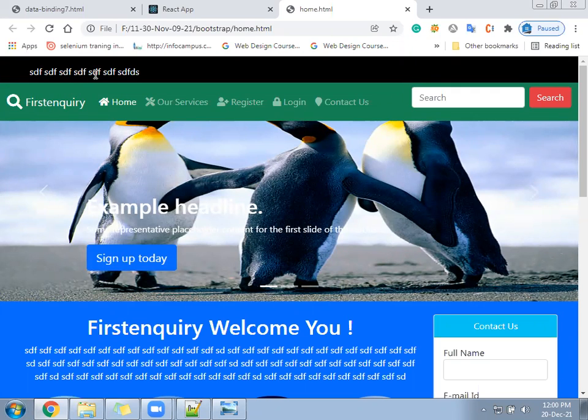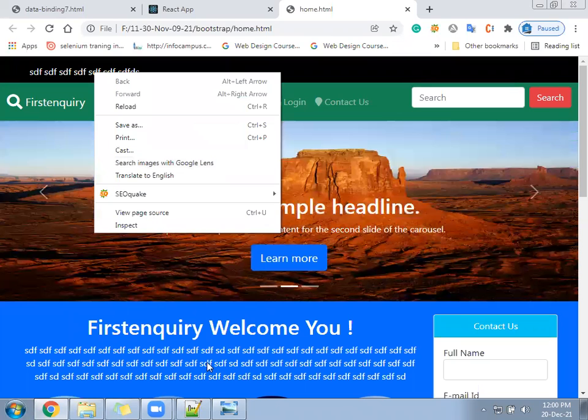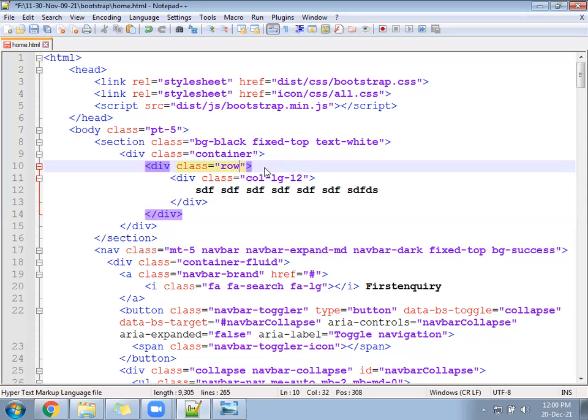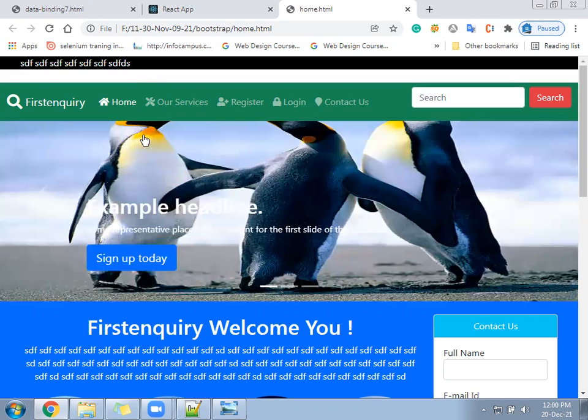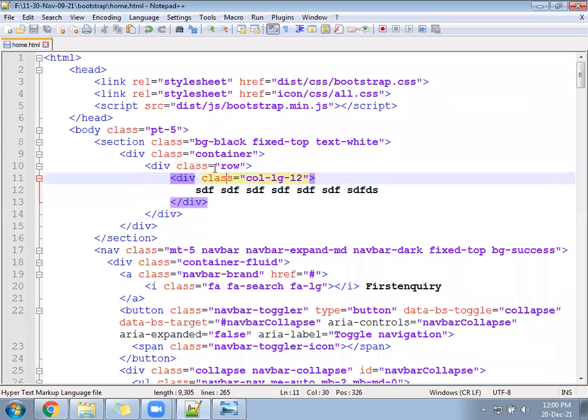It should be a little up down. If I remove padding from here, what will happen? Without padding, how does it look? Please wait, let me modify, then you can try. Okay, so without padding it will not come properly.